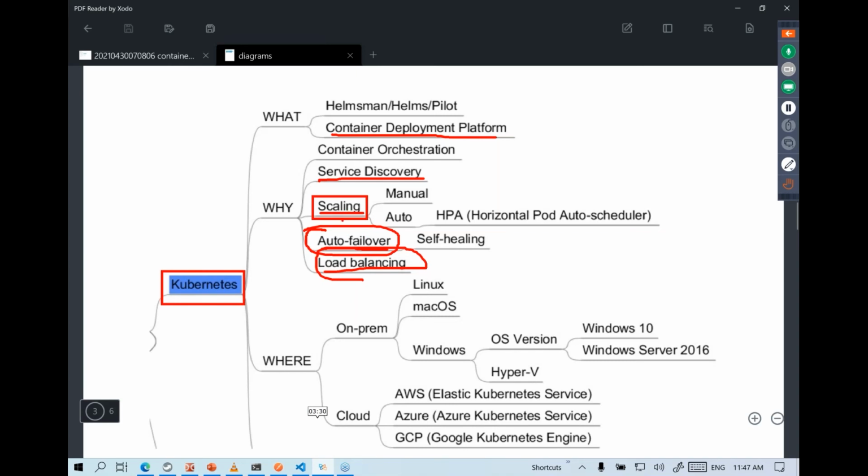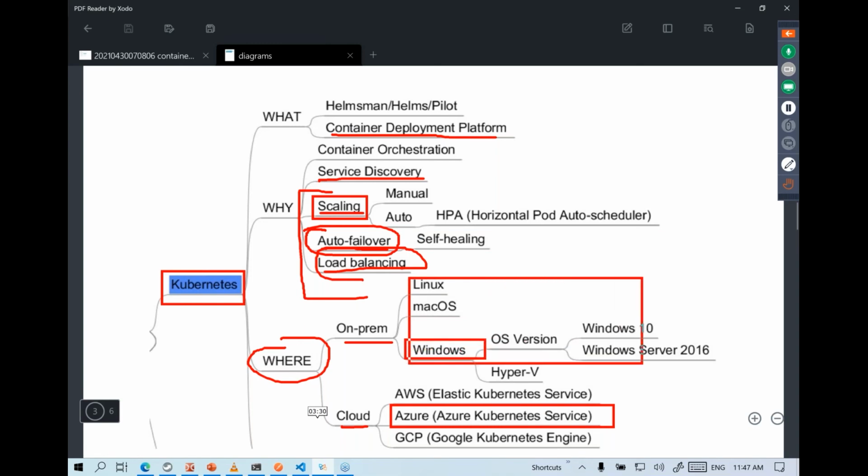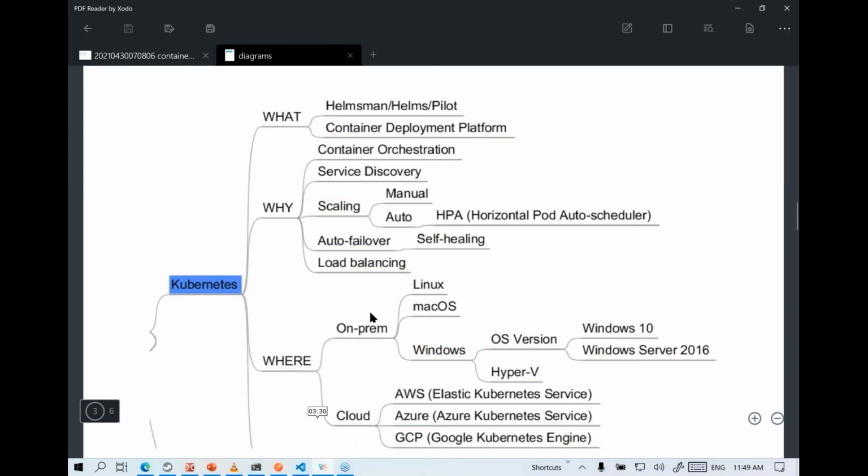So Kubernetes is a deployment platform where you deploy Docker images, and then they will be started up as container instances by Kubernetes, and it will offer us these benefits. And you can use Kubernetes wherever you want, like in your on-prem environment and also on cloud. Here in this session, we just want to focus on Azure Kubernetes Service, how to use it on Azure, but know that it's possible to use Kubernetes on any local infrastructure as well.